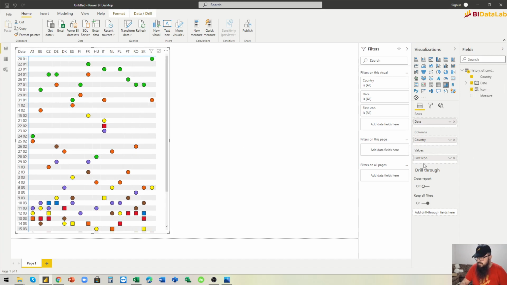When we put the icon here in the values, because the icon is not a numerical value, it cannot be added or used to find the average or something like that. Then Power BI by default sets it as first. So if for this date, for example, for this country we have more than one measure, then it will take the first icon. But we will switch to the last icon in this case,